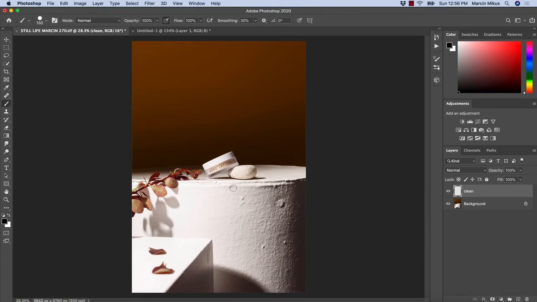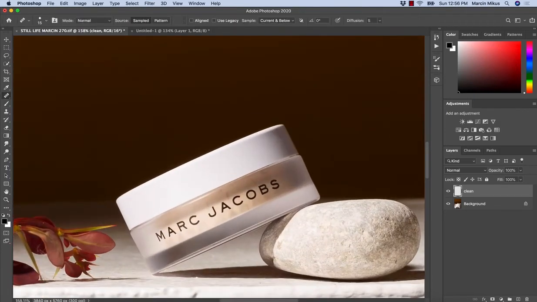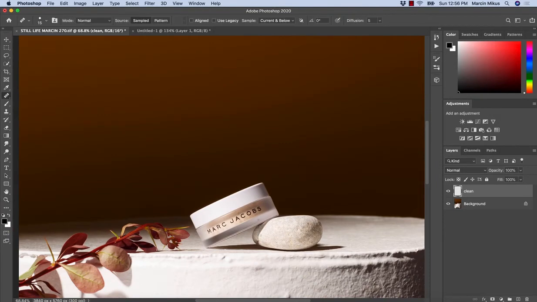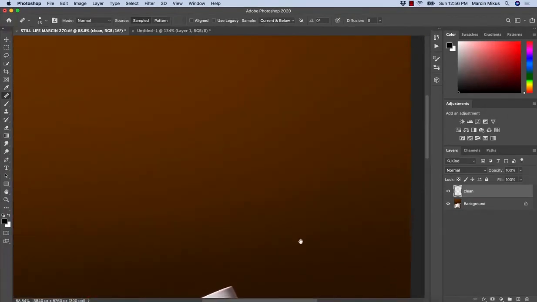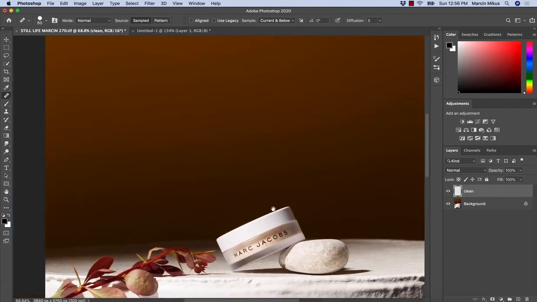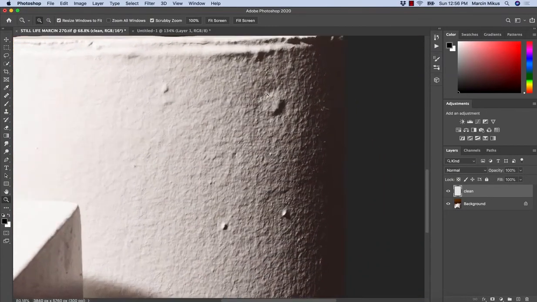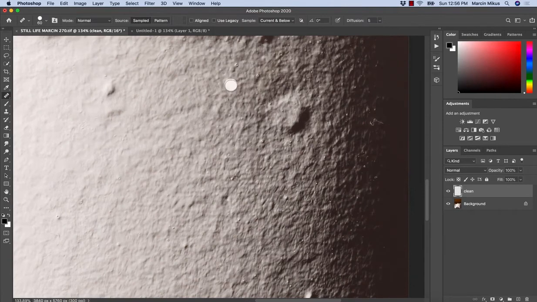So as we know how it works now, I already did a little bit of work over here. We need to make sure that we check the background, because background quite often might have some dirt on it. If it's okay, we are ready to retouch. So for this image, I want to retouch all of these tiny spots over here. So when it comes to these small spots, what I will be doing, I will be retouching this with the healing